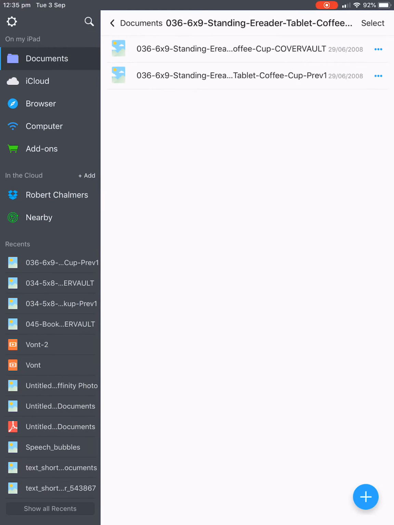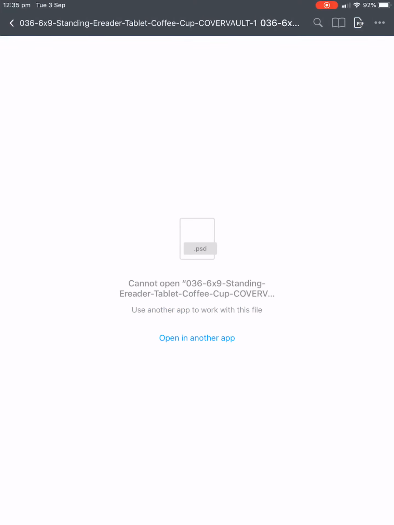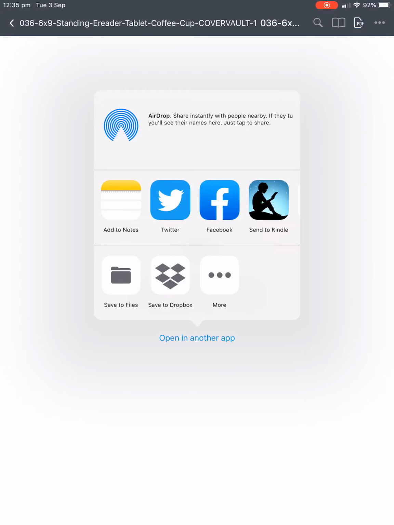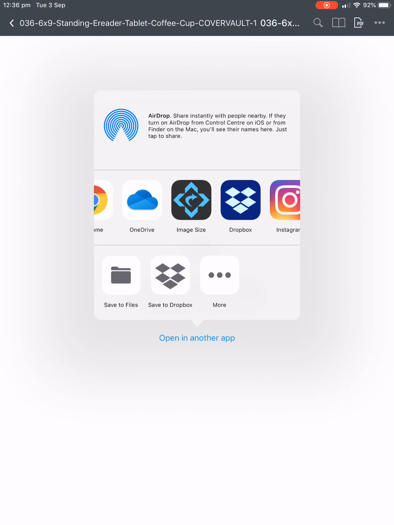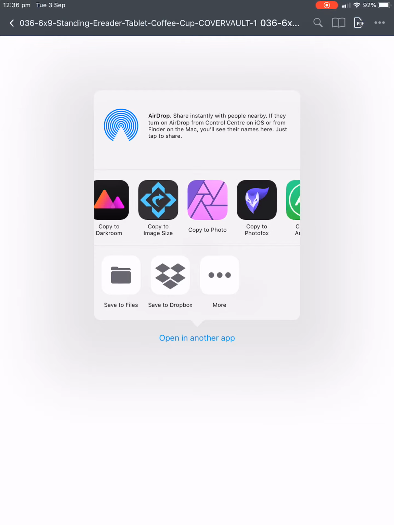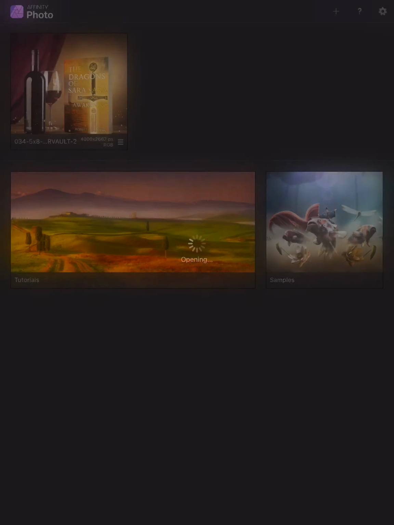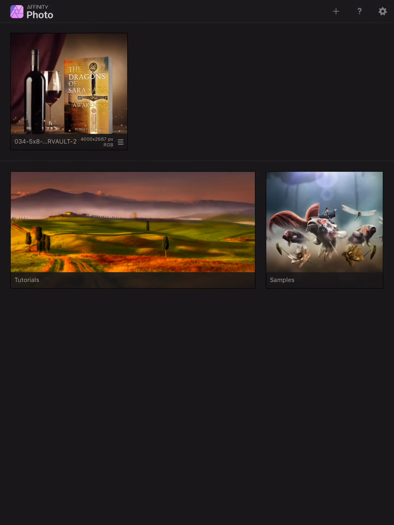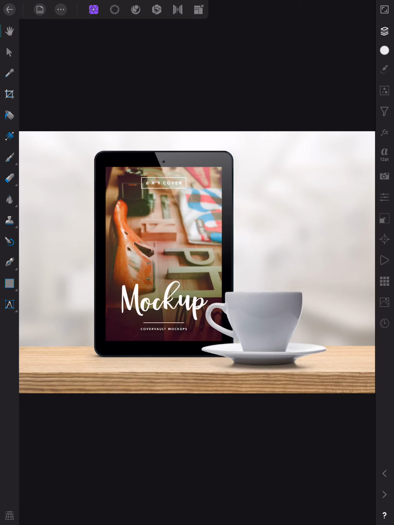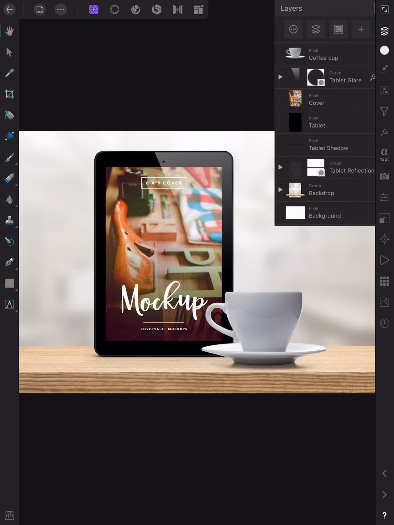Let's go back and we'll open the PSD file, which is Photoshop, you know. And it comes up because it says PSD there. And open in another app. So let's go and find the app that I want to open it in, which is Affinity Photo. It's opening the file, and there it is. Now we know it's the right one because